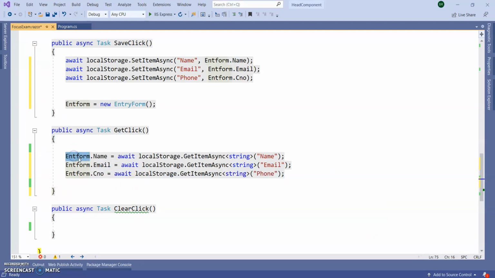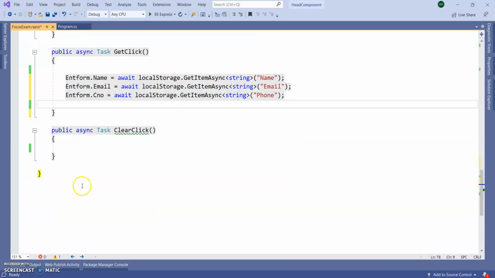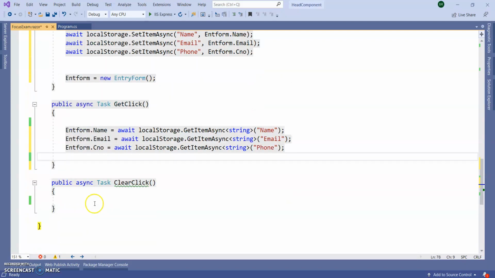So object class name dot property name equals await localStorage.GetItemAsync, the type is string. Here in SetItemAsync we give the key and the data, but in GetItemAsync we give the type string and the key. Here I am giving the key value.